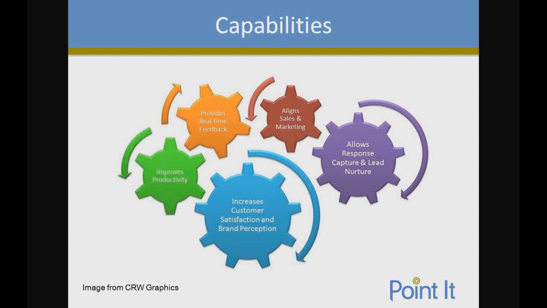Marketing automation, moving to the next item, also increases customer satisfaction and brand perception. This is a huge piece of how marketing automation will work in a B2C environment. With consumer relationships, they're really built on customer satisfaction and the relationship that they have with your company. So marketing automation and the way that you're able to reach out to your customers, to communicate to them via email, via social media, really helps improve their overall satisfaction and the way that they perceive your brand.